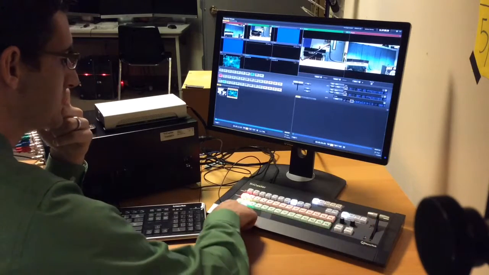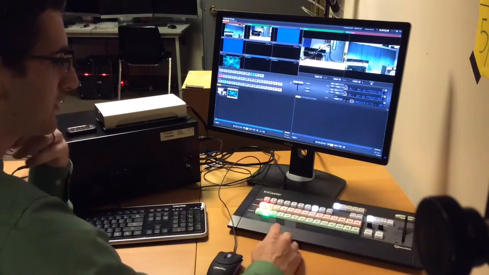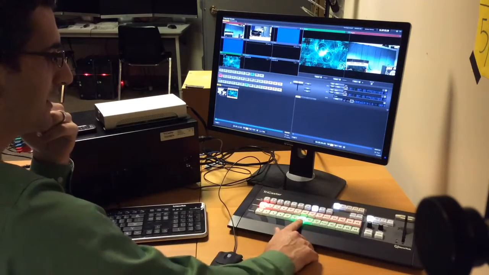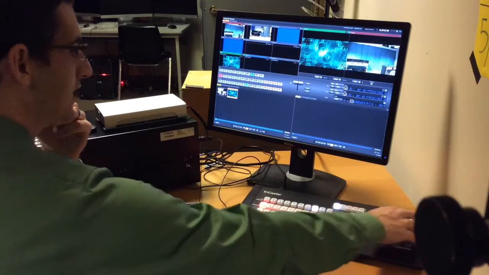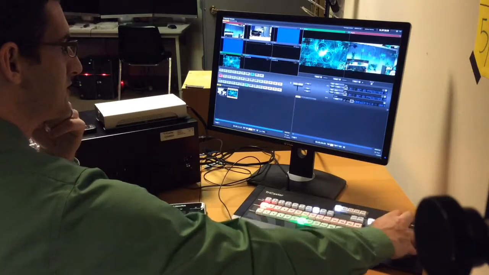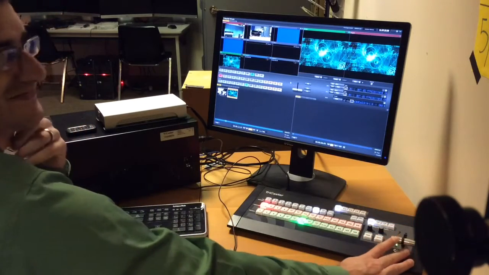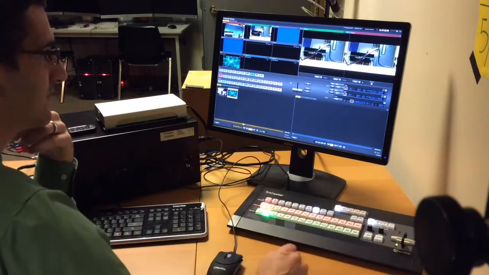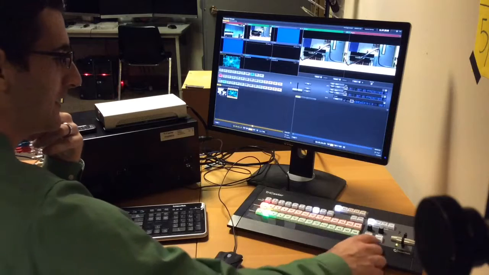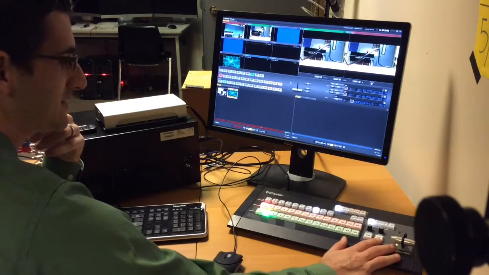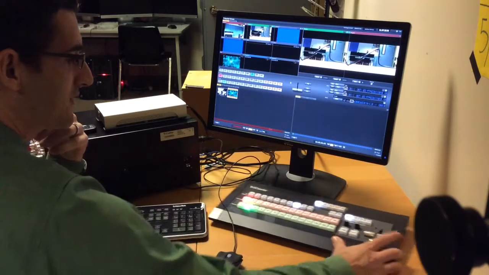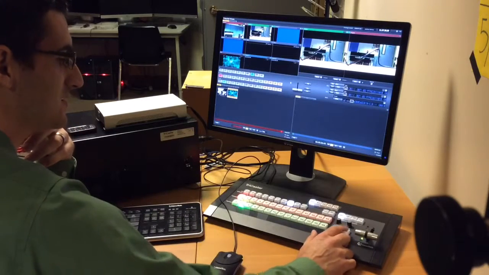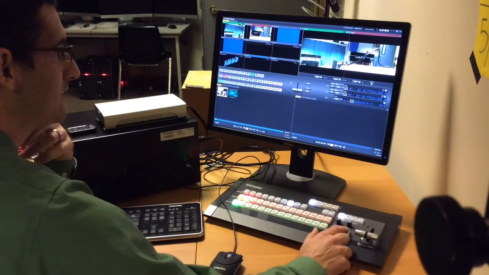And then all you do is select what input, like let's say we were going to DDR next. So we press DDR in preview, and then we could use the T-bar to transition to it. Boom. Isn't that cool? All right, and then let's say we were going back to the reporter. Oops, messed that up. You can use the T-bar if you want to transition. It's like a manual transition, but there's also an auto transition too, where if you tap auto,